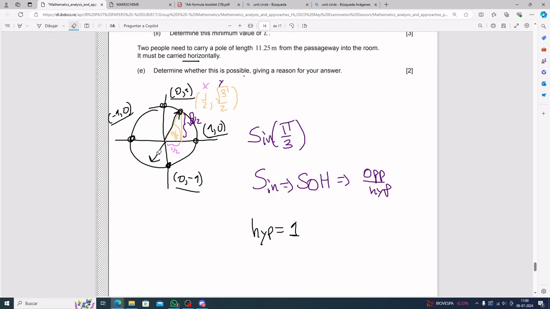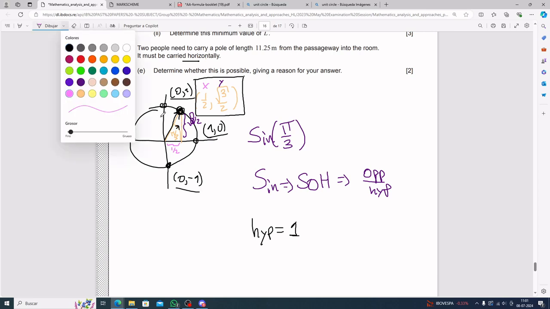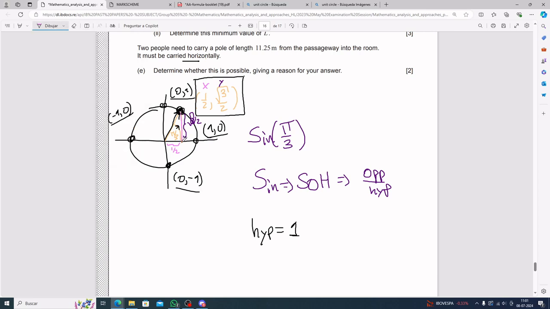Basically, what I'm trying to tell you is that if you have sine of pi divided by 3, and you memorize or remember that these are your x and y values at that point, you can apply SOHCAHTOA. And the opposite with respect to this angle, you will see that it's this guy here. So the opposite of your angle in SOHCAHTOA, and with SAW in this case, is the square root 3